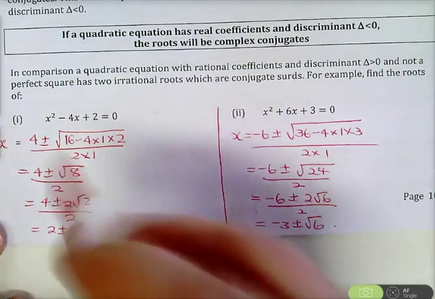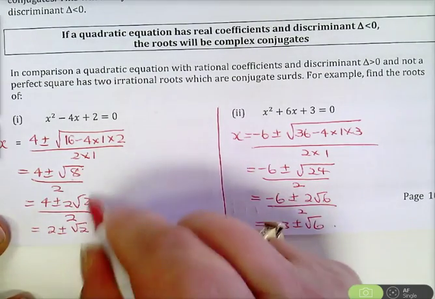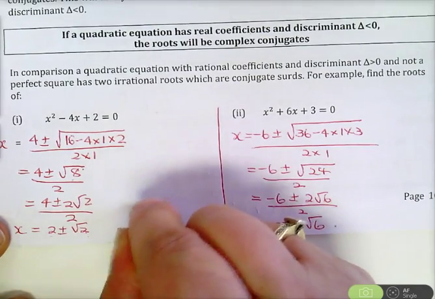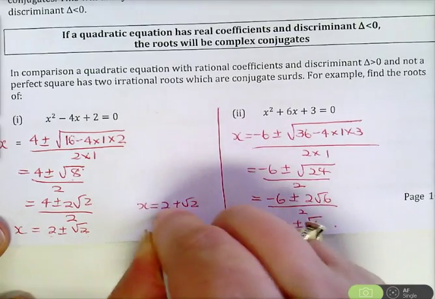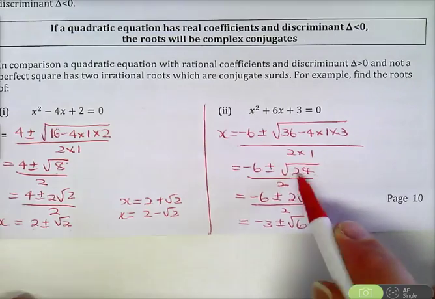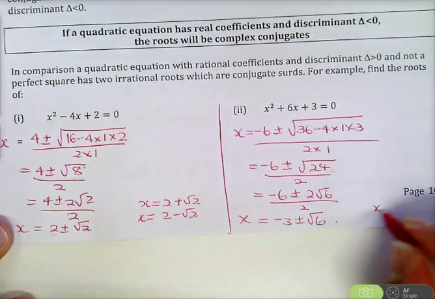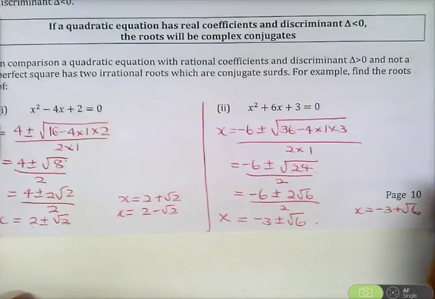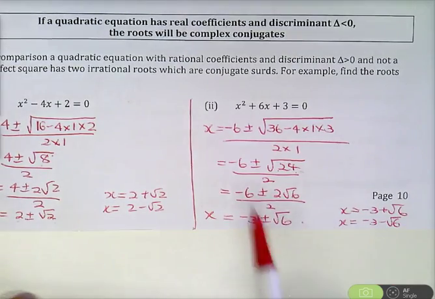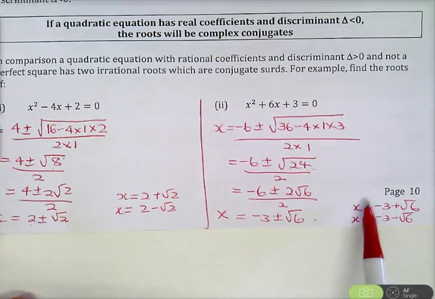So notice here, the discriminant is greater than 0. So I don't have complex number solutions, but I still have two solutions which are conjugate surds of each other. See, my two solutions are 2 plus root 2 and 2 minus root 2. Here my discriminant's greater than 0, so I have two solutions, and my solutions are negative 3 plus root 6, negative 3 minus root 6. So if your discriminant's greater than 0 and you have real coefficients, you do have two solutions,